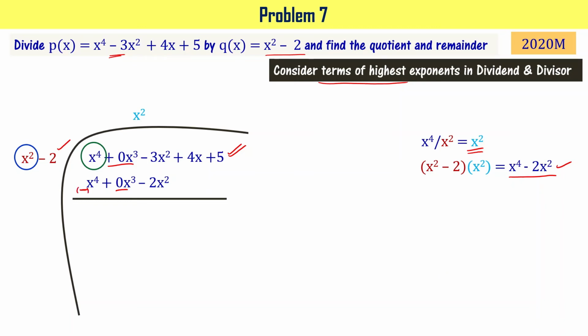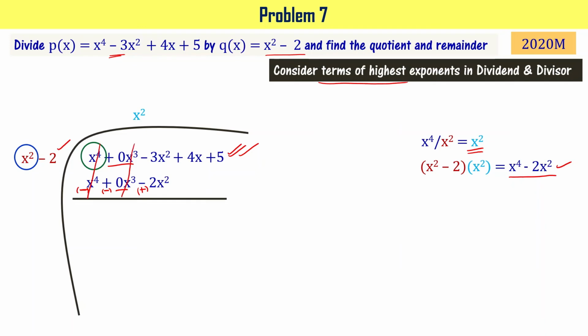And this is 0x cube, again I have written positive, so I can keep it negative now. And minus 2x square is there, it means I have to make it plus. Once you do that, we can sum the terms of the above equation with whatever we have written just now. So x power 4 minus x power 4, this can be cancelled, right? So 0x cube, this can also be cancelled.